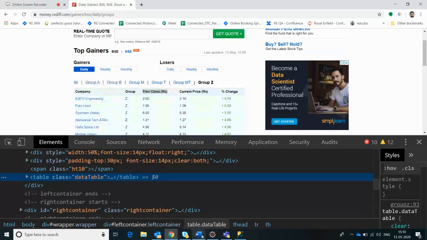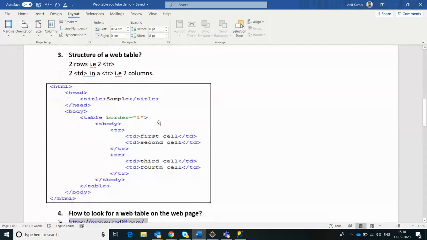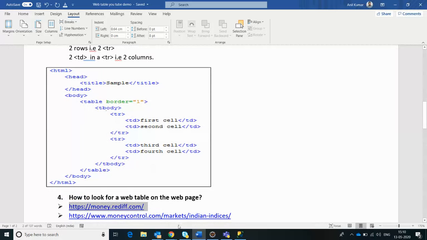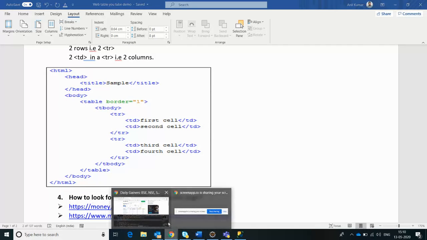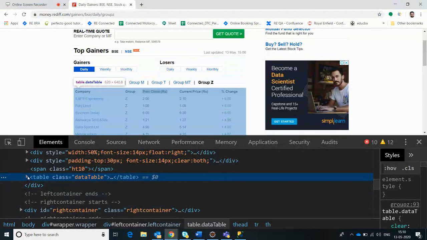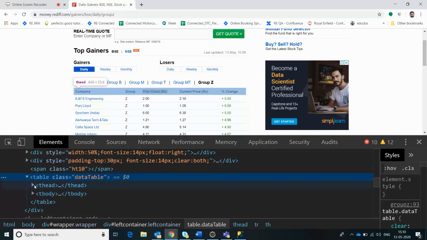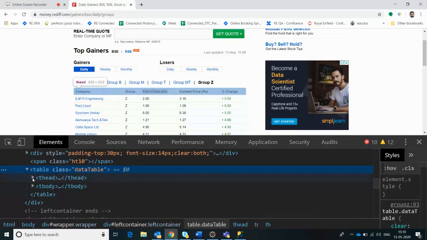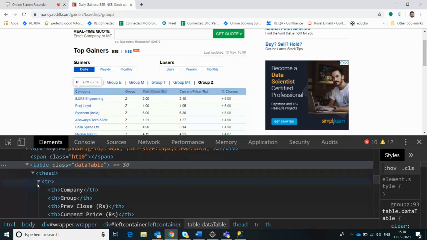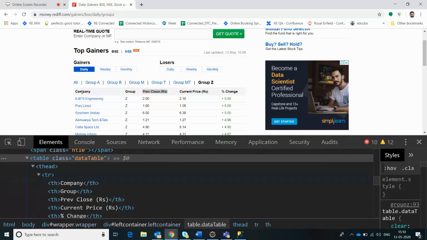As we discussed, a particular table would have the structure of a table tag, right? Similarly, if I expand this table tag, it will have the header. This will be the header for this table, right?